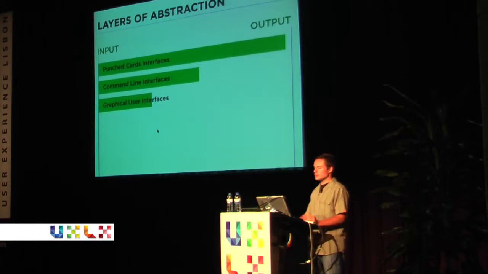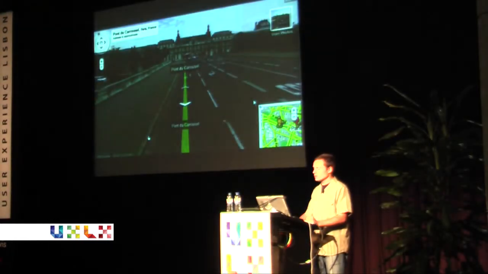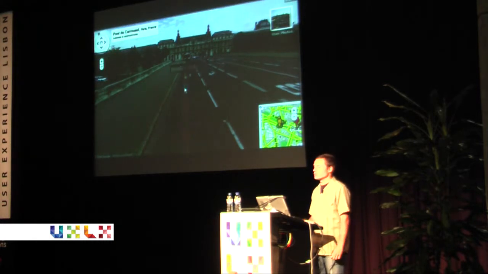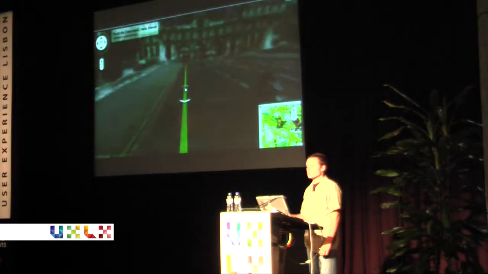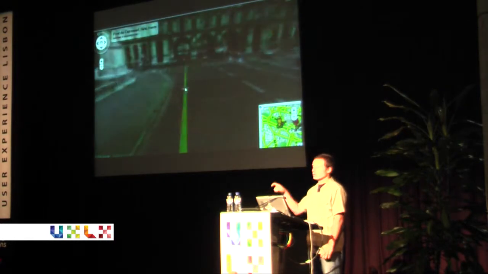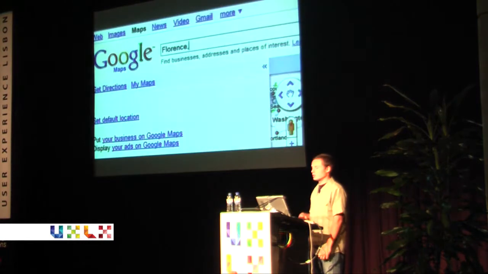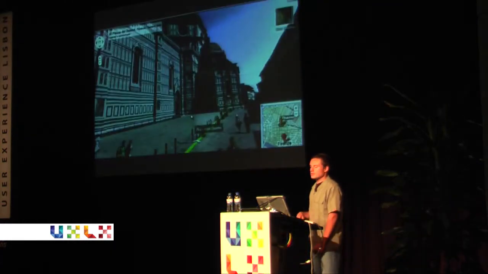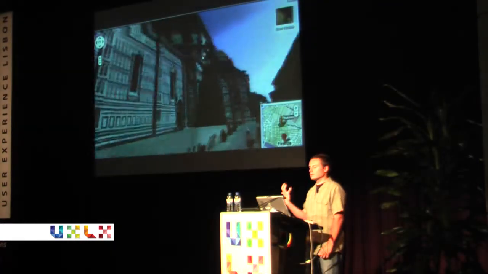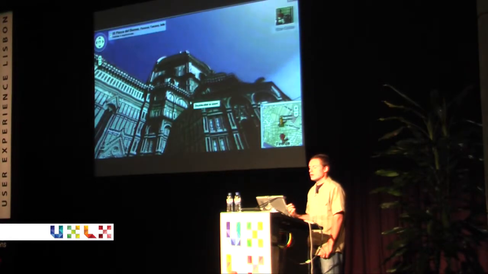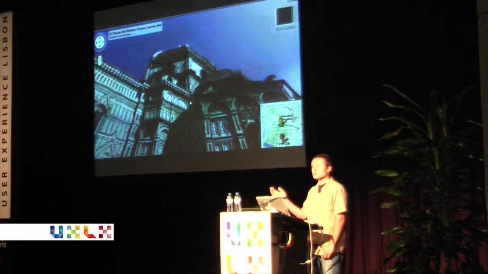Now, to illustrate this next transition, I have a video of Google Street View navigation. So you'll note Google Street View navigation in this instance has a very traditional GUI. They have some controls on the screen, and you click the GUI, click to move around, right? And after a while, it gets pretty tiring. So what they did instead now is they actually made the content itself the interface. And now you don't go clicking on these little arrows all over the road. You actually touch on the building when you want to go to, and you move around in.